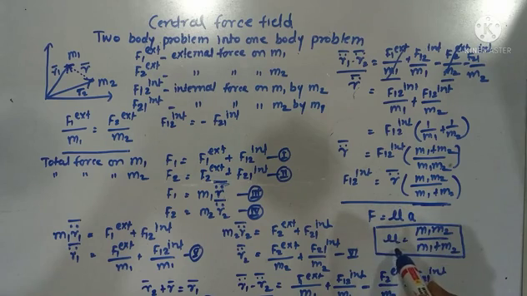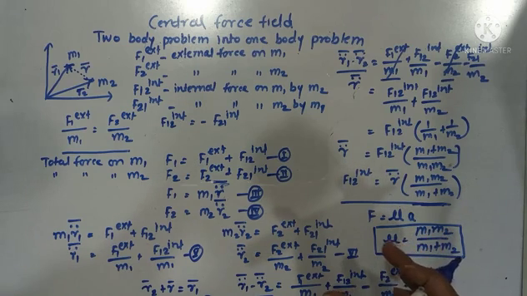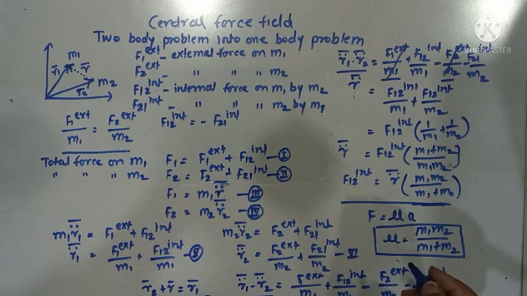Okay, and what is the reduced mass? Reduced mass mu is equal to m1 m2 upon m1 plus m2. So this is sometimes very necessary. For example, in a scattering, when the neutron is coming to the proton or proton is coming to the neutron, you cannot consider the mass of the two particles separately. For that case, you have to consider the total system of the proton and the neutron as a single system. And for such cases, it is necessary to convert this two body problem into the one body problem.